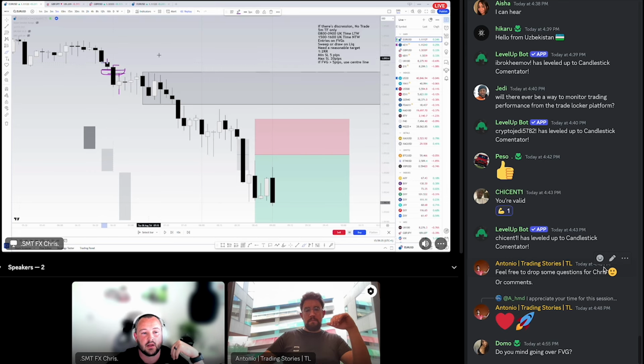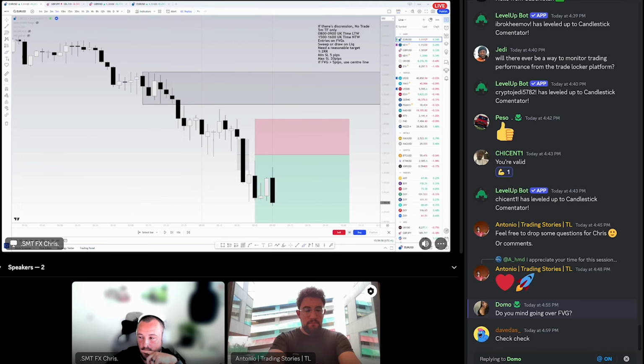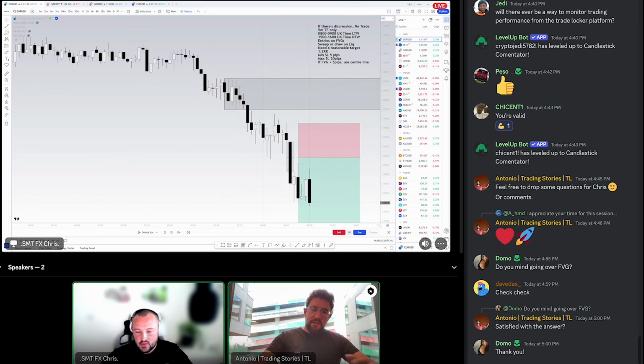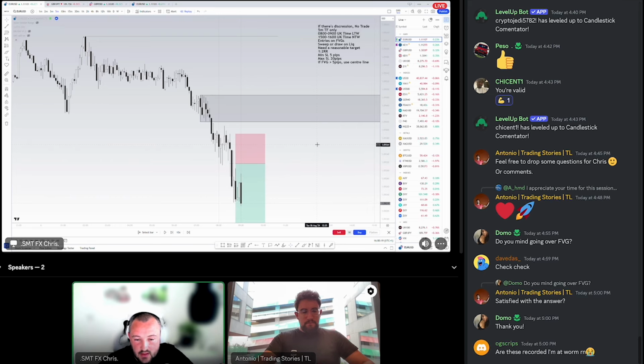So for anyone that's trying to understand fair value gaps, does that make sense? Have I explained that in an easy to understand way? If not, let me know. I can cover it again. I'm more than happy to do so. Okay, seems quiet on that end. Oh, good. Okay, perfect. If you have any questions about fair value gaps, I'll happily go over it again. So I think it was really clear. Okay, thank you. Hopefully that has cleared it up for anyone else as well.